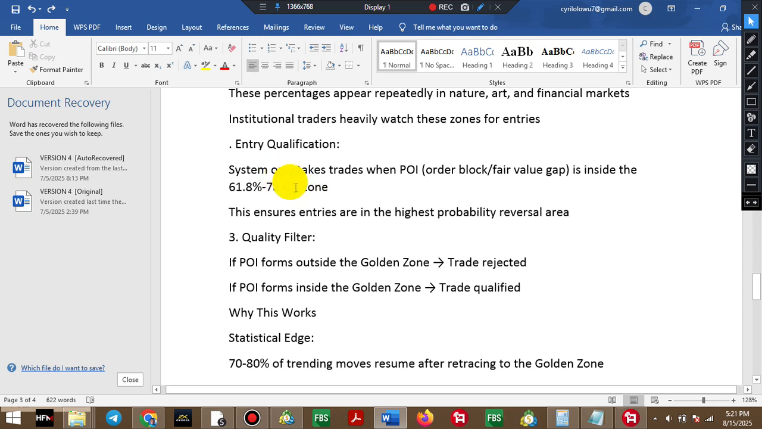The system only takes trades when the POI, order blocks, or fair value gaps are inside the 61.8% to 78.6% zone. So the system is supposed to do this all the time, right? Now, sometimes you will notice that when it gives you an entry, it also tells you that the reason is maybe because in your lower time frame, price may be within that level, or it has already mapped it out on your lower time frame before there is a change. But whenever it gives you these conditions, it's also going to tell you if it is in that zone or